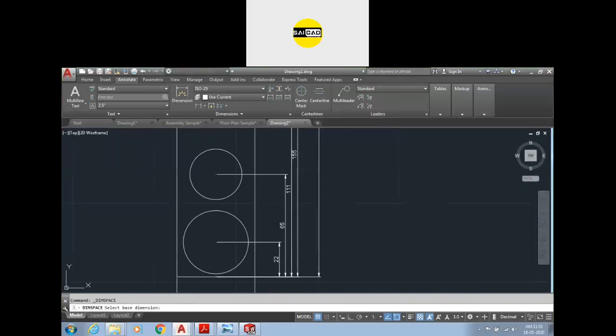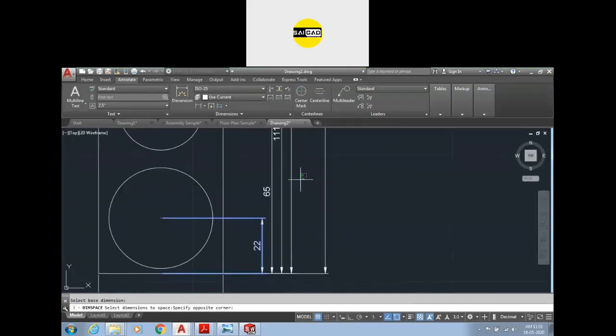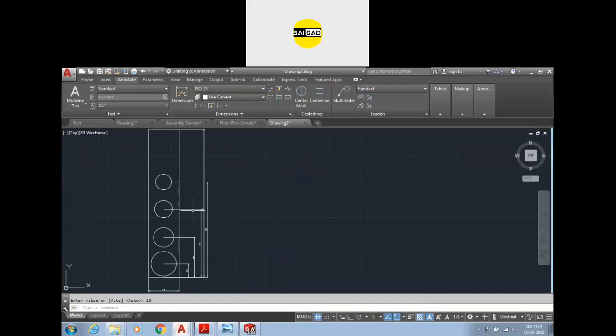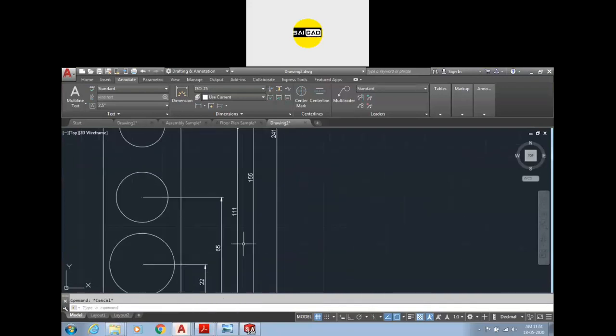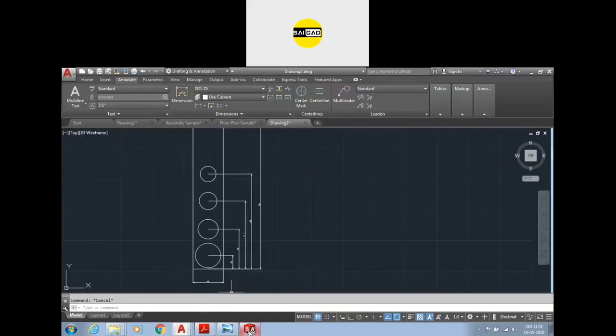You can select the base dimension, that is this one, and select all the dimensions you want to change the gap for. Press enter. I want a value of 10. You can see all the dimensions have a gap of 10, and you can see the lines are symmetrical. Okay, this is the baseline.